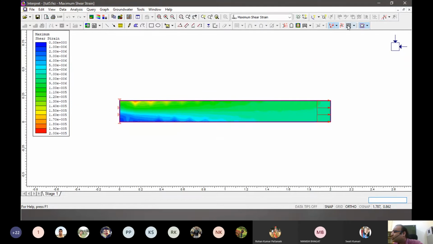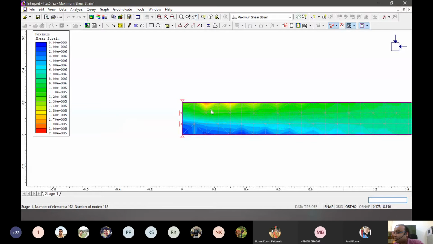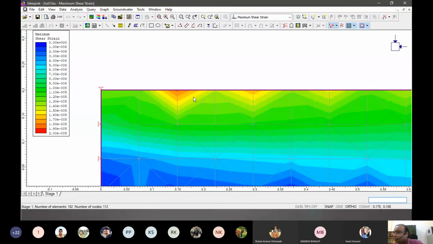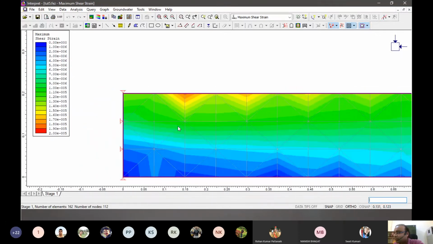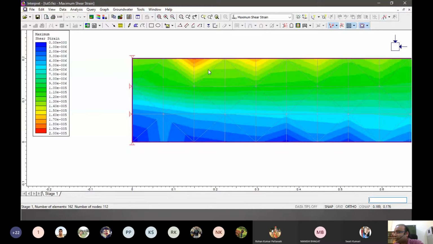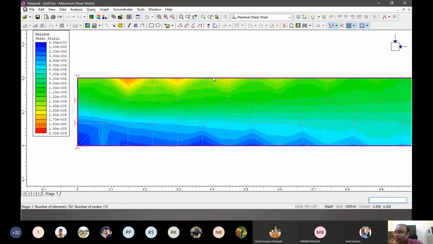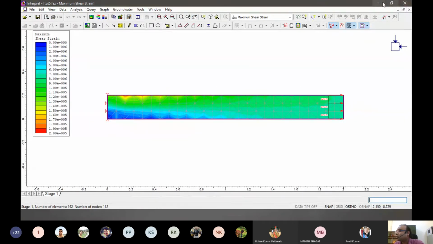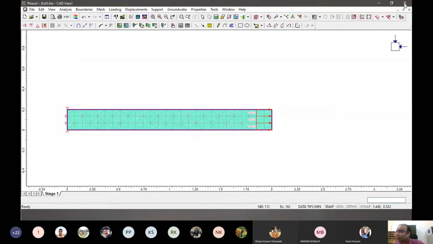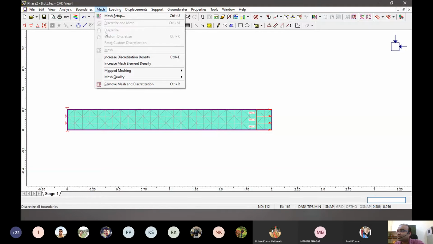meshes. So let me check how the meshing is there. Yeah. So if we refine our mesh, this won't happen. So you see what is happening here. It is calculating at this point, and basically extrapolating in this area linearly, and that's why these kinds of scenarios are coming. They should not happen. And to change this, you can refine the mesh much better. So let's do that. It won't take much time. Mesh quality can be increased.